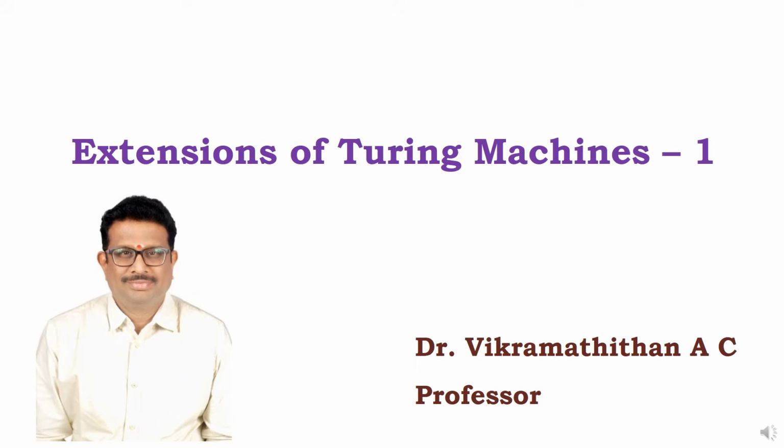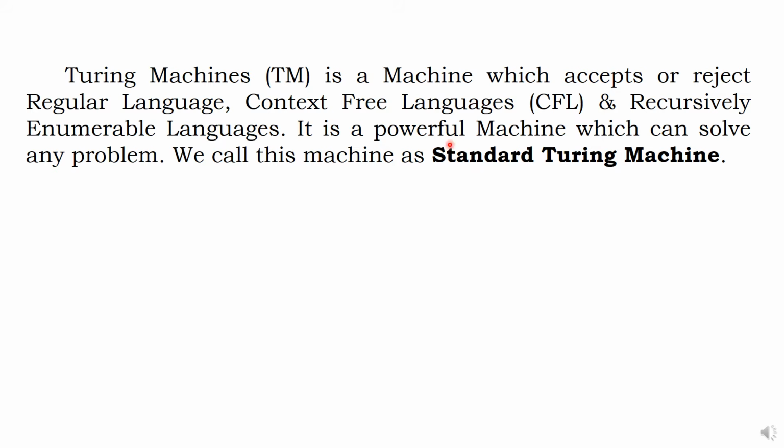Dear students, we have discussed Turing machines and we also discussed various problems in Turing machines. As an extension of Turing machine, we are going to have a few topics. What is the meaning? Whatever work is done by a Turing machine, we are going to do the same work with some effectiveness. We'll discuss. Turing machines are machines which accept or reject regular language, context-free language, and recursively enumerable